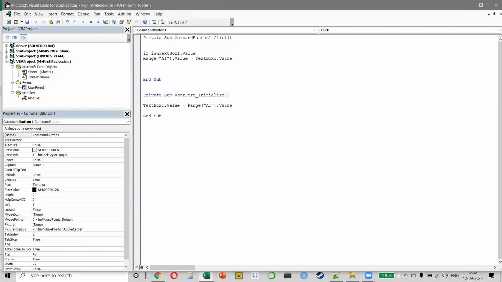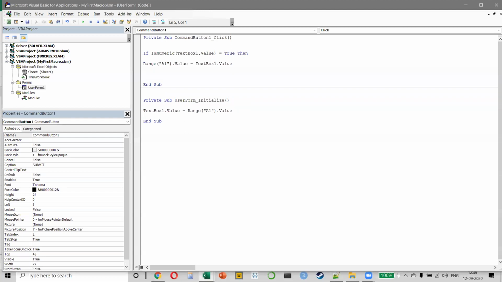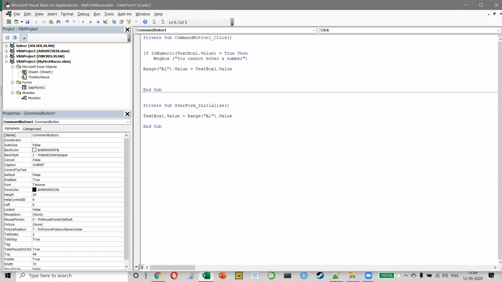So if IsNumeric is equal to true, then message box, you cannot enter a number. Else and end if, right? Yeah, I think this looks okay.